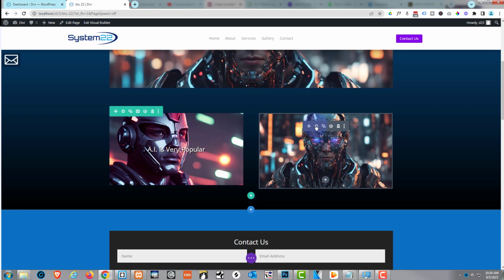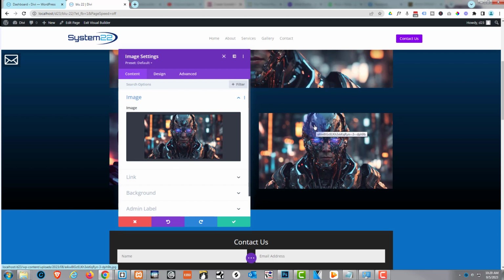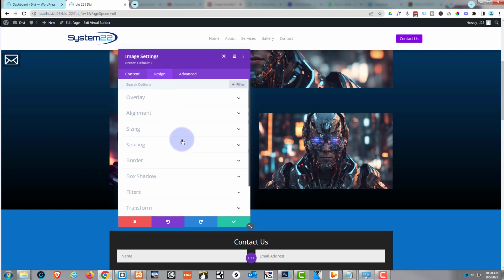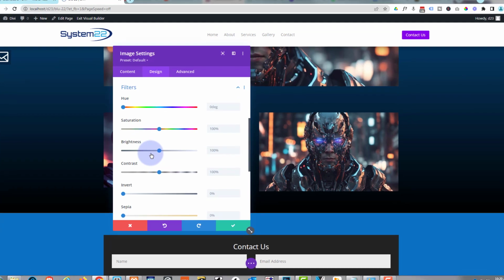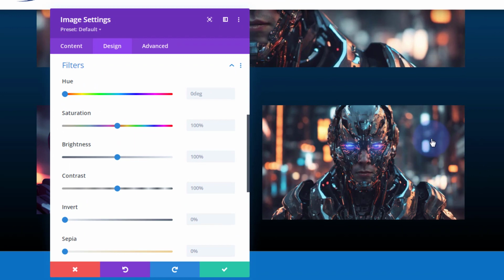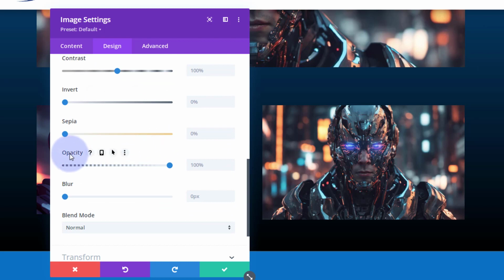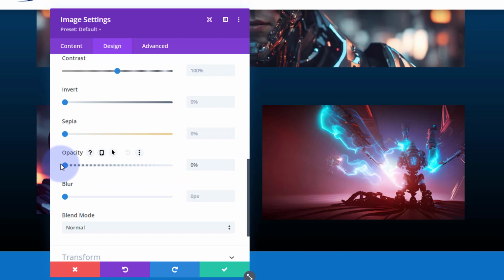So I'm going to go into my image, back into the dark tab for the module. Over to design, if we roll down, you'll find filters. And what we want to do is fade this one out so that the other one sort of fades in behind it. But we want to do that when they put their mouse on there. So let's roll down here, we'll find opacity. And if I move that slider down, you'll see it makes it disappear. If I move it back up,